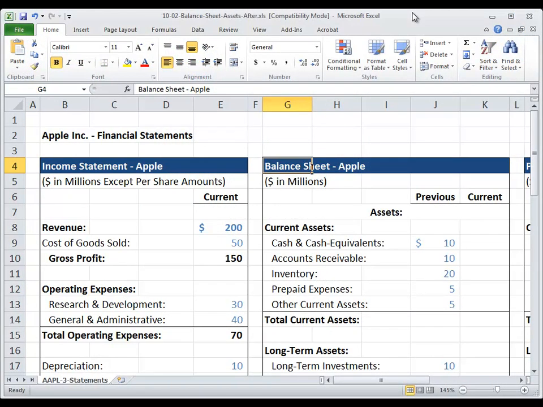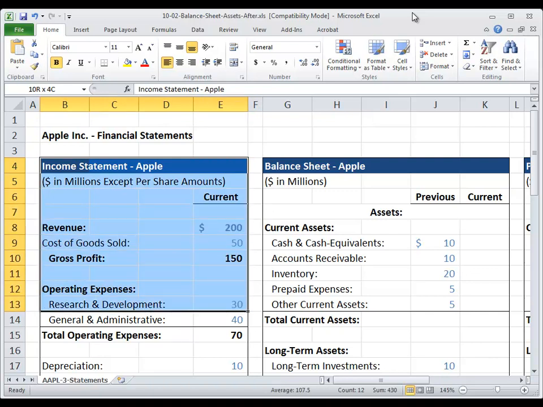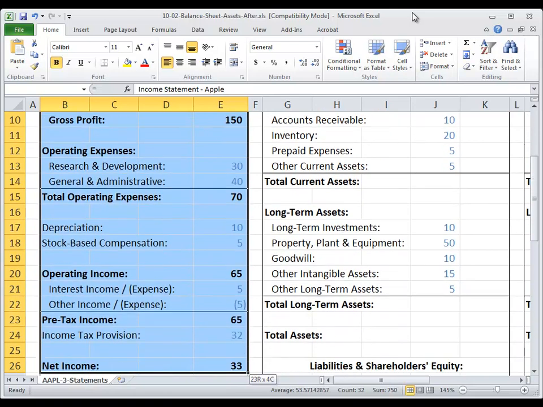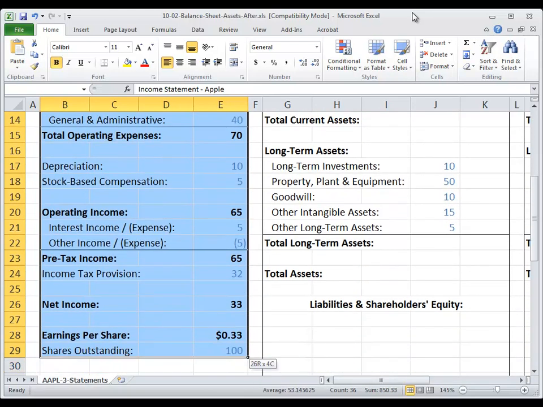In this lesson, we're going to go over the balance sheet of a company and specifically focus on the asset side, the first part of that balance sheet. Now, in the previous lesson, we went through the income statement and we looked at Apple's filings with the SEC and saw how our own income statement was similar to theirs conceptually, but we had a few differences there. And we also compared that income statement to what you might see on your own personal income statement,